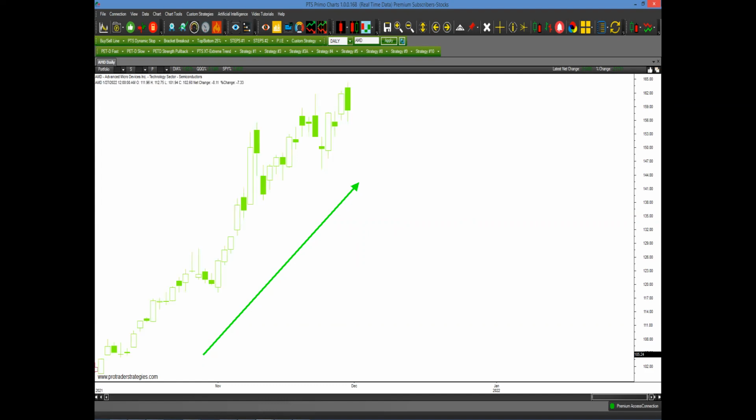And if we applied the PET D, it is agreeing with it. In fact, the PET D told us well in advance, down here, right? Down here at these levels, that we had consecutive green bars. So it was already telling us that we were in an uptrend, okay? All we have to do is apply strategy number 5 signals, and look at all the buy setups we could have had. We could have potentially made 48 points in just a couple of months had we taken this first signal here,